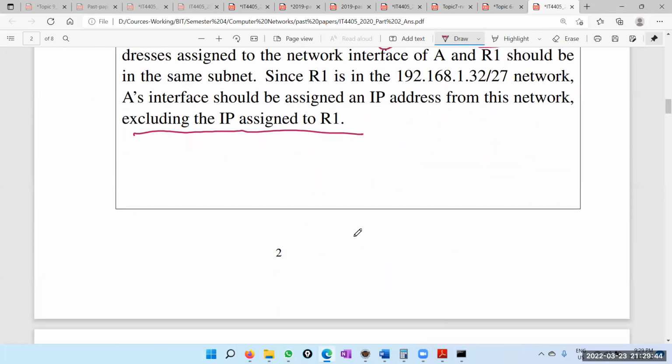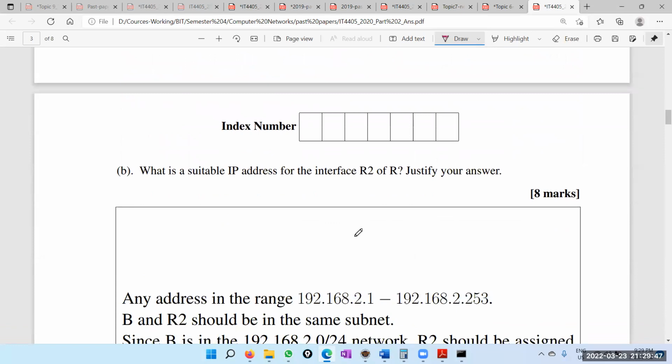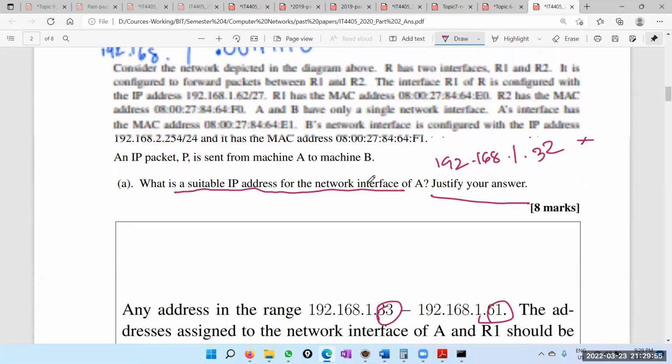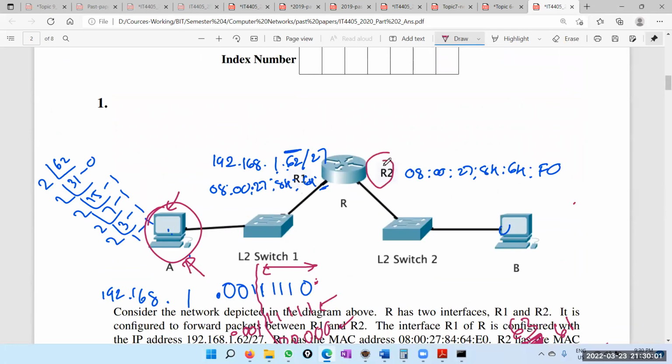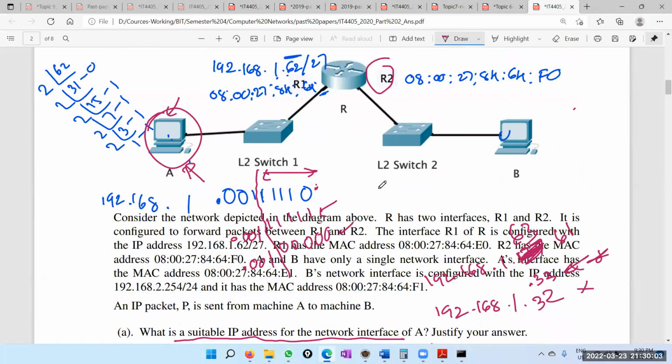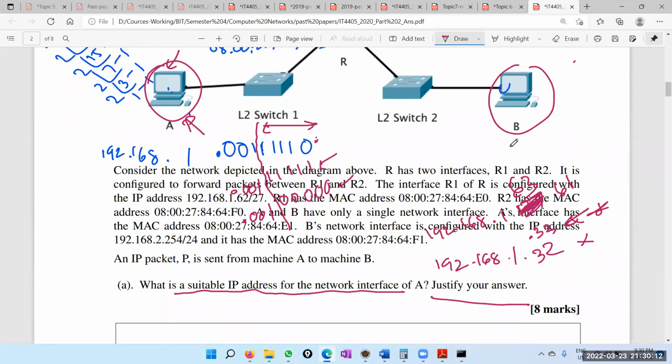So any questions? Right. What is the suitable IP address for the interface R2 of R? So R2 is this side. So have they given any clues about that? It must be in the same subnet as P. Have they mentioned anything about B's IP? We don't care about the MAC addresses for subnetting. It says B's network interface is configured with the IP address this. So B's IP address is